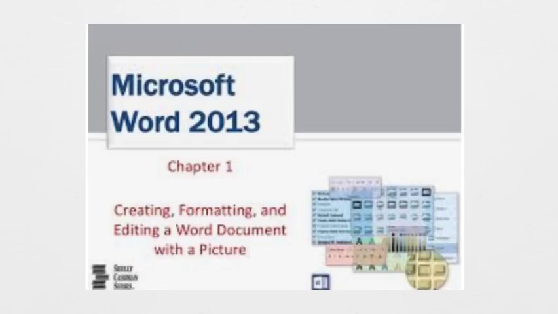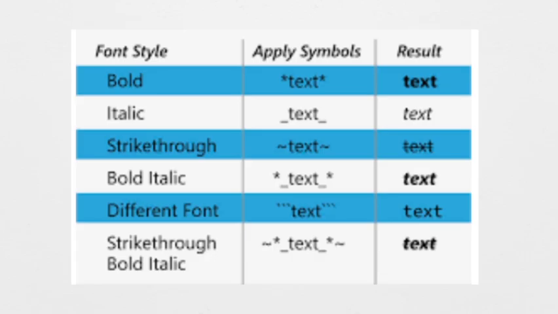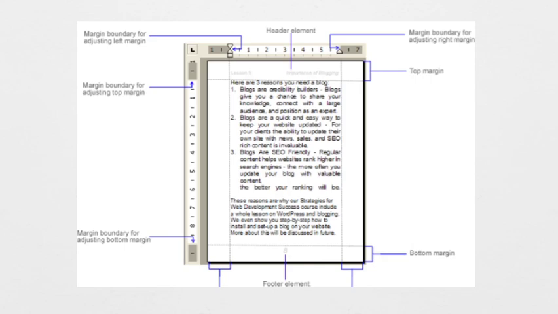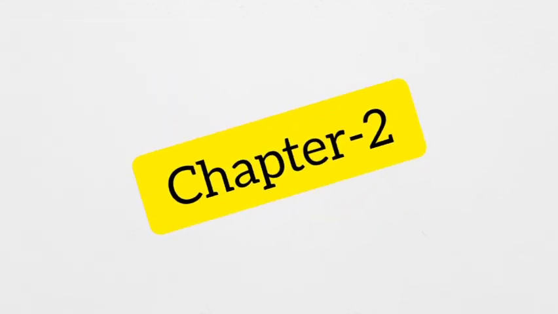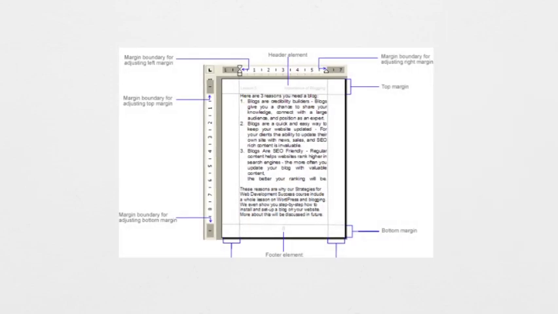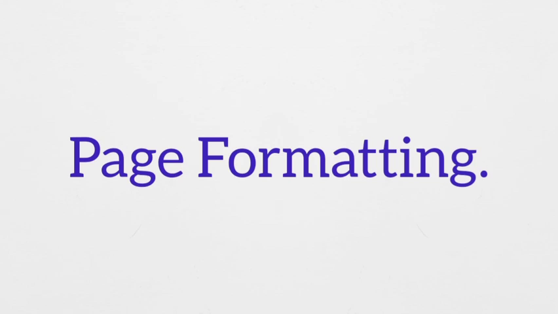And here we are going to talk about page formatting. There is a difference between text formatting and page formatting. Text formatting means to change the appearance of the text. Page formatting means to change the appearance of the page. So in this chapter we will completely talk about page formatting. Clear? That is, how your page will be displayed, how your page will be visible on the screen after making some formatting. So making changes to the settings of the page is called page formatting.